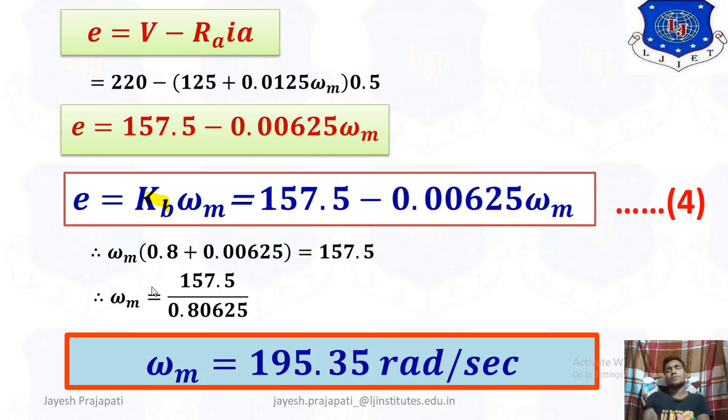So that is the speed of the DC motor. That is the solution or main answer for this example, the speed of the DC motor in radian per second. If we have to find the speed in RPM, then we have to use the equation omega = 2 pi n divided by 60. In this equation you can also find out the speed n. So that is the solution for example number 1.